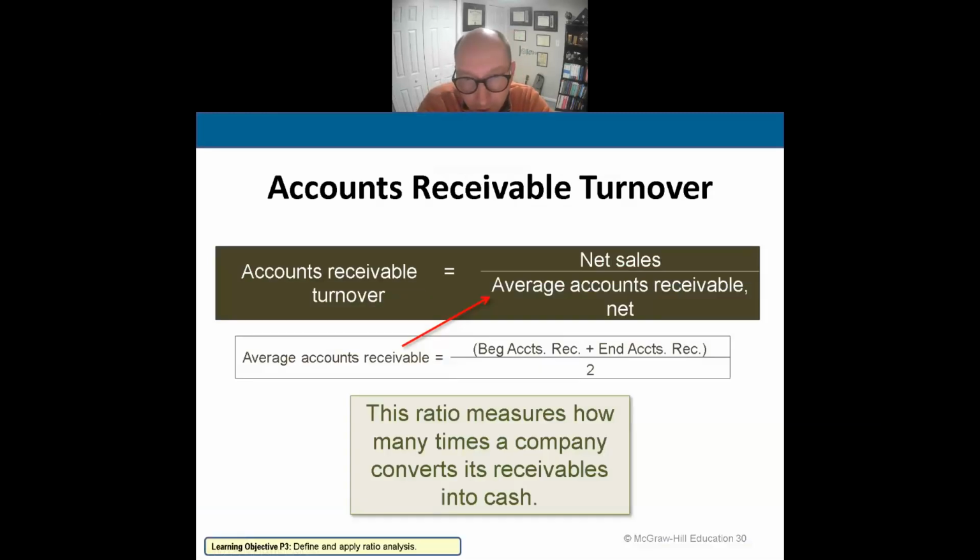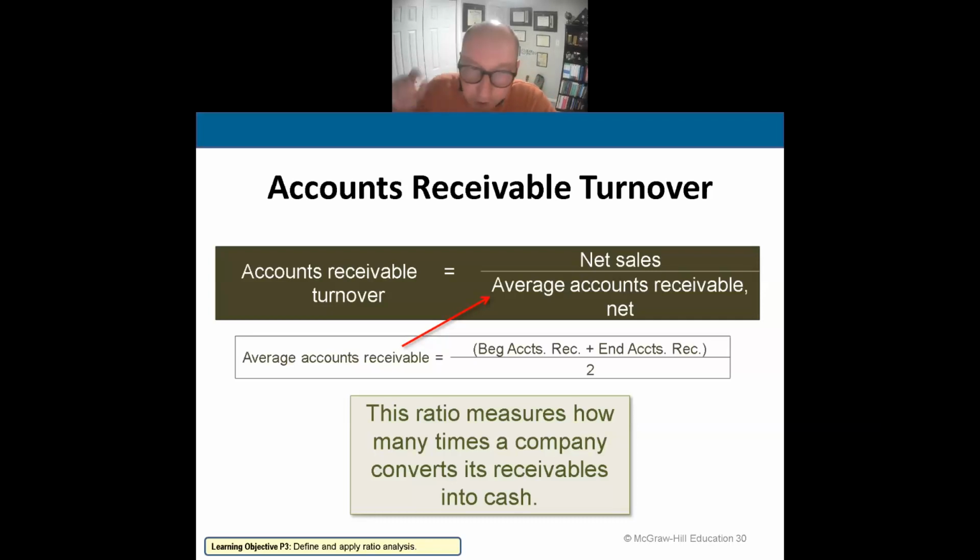Accounts receivable turnover. Accounts receivable turnover shows me how quickly I can convert my accounts receivable into cash. We take net sales divided by average accounts receivable. Net sales, those are your annual sales or your monthly sales. Take that from our income statement. That's your total revenue, yeah? Net sales divided by